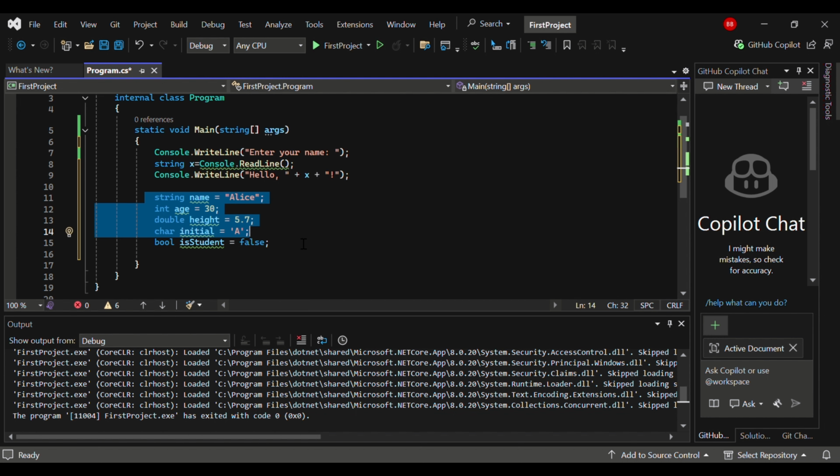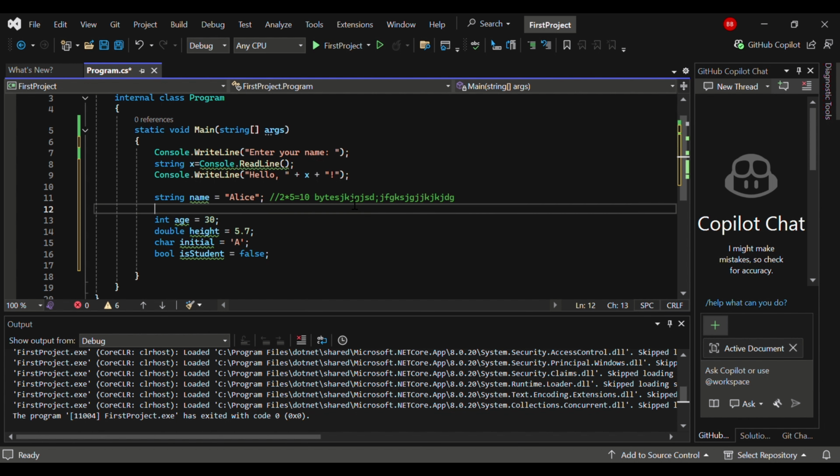zeros. And each of these data types actually assign a specific memory location to that variable, and each of these also have different lengths. So the string data type basically occupies twice as much memory as the number of characters in it, which will in this case be 10 bytes. And this is basically how you write comments in C# using double slash. Double slash symbol is used to write single line comments, so this will only comment whatever is written in this line, but it's not going to comment whatever I write in the line below it, so you should keep that